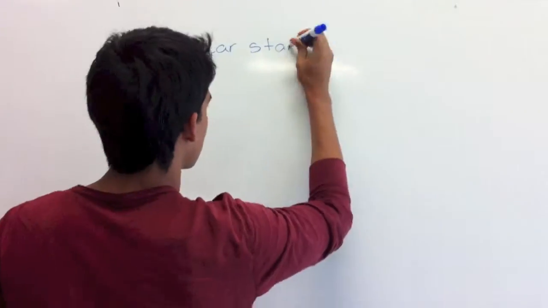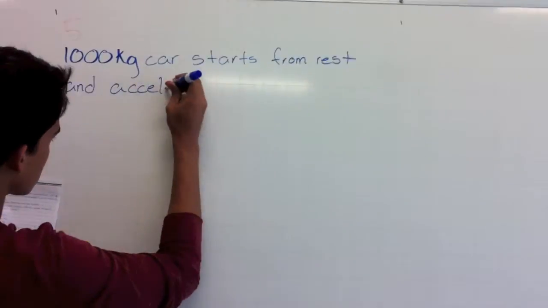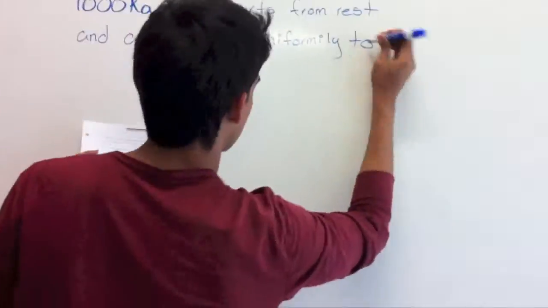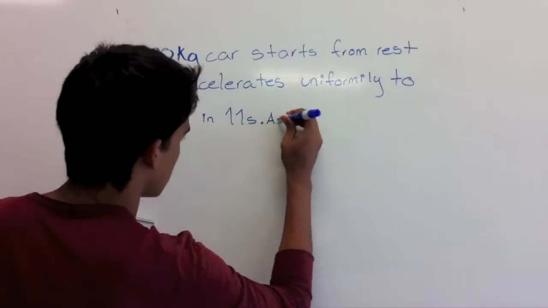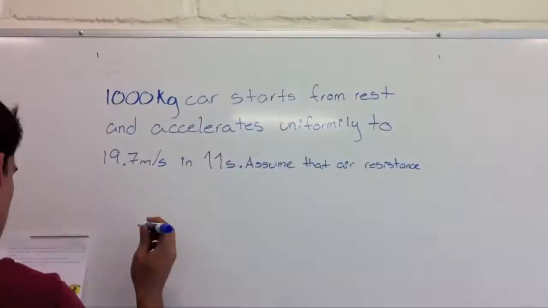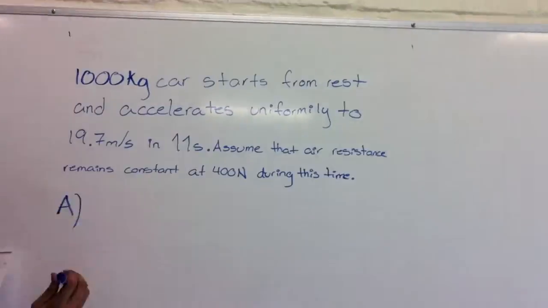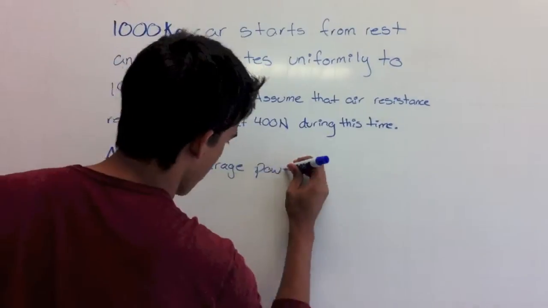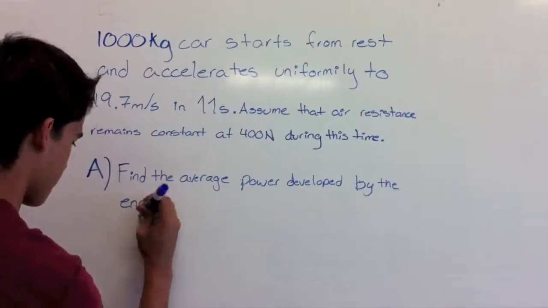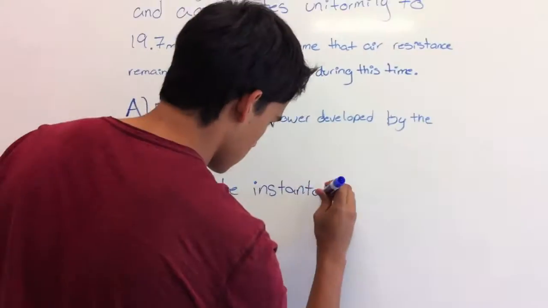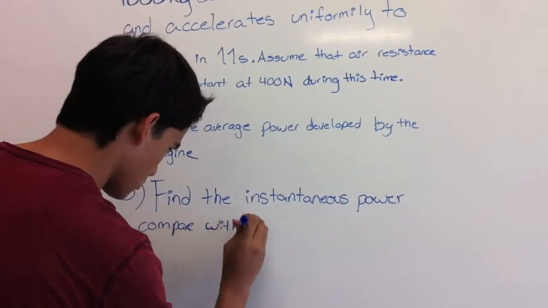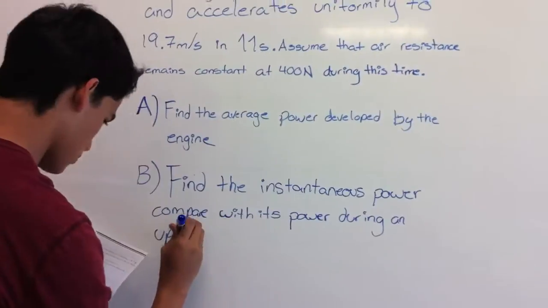A 1,000 kilogram car stands from rest and accelerates uniformly to 90.7 meters per second in 11 seconds. Assume that air resistance remains constant at 400 newtons during this time. A. Find the average power developed by the engine. And B. Find the instantaneous power output of the engine when time is 11 seconds used for the car to